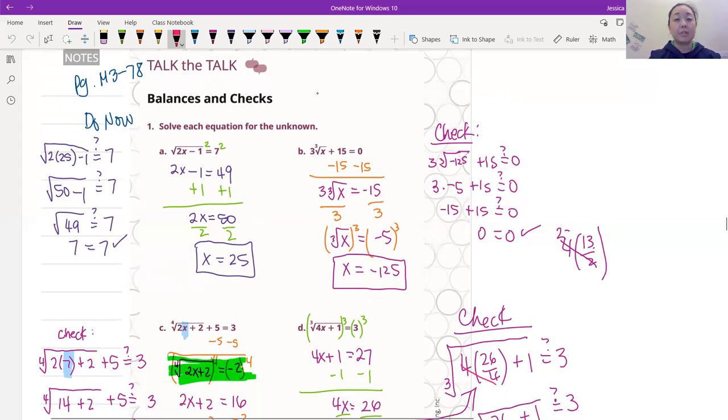Okay. And so just an FYI, because I noticed that there were some people who were like, well, what do you call this thing? So in general, this is called a radical, right? But if we're talking specifically about the square root, then we just call that square root. So this is the square root. And then when we do it to something to the second power, that is called the square. So we're squaring it, right? And then this one right here would be called the cube root,